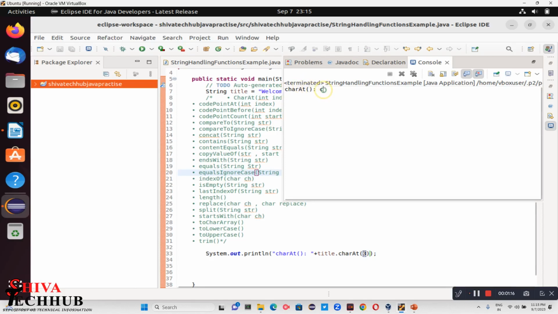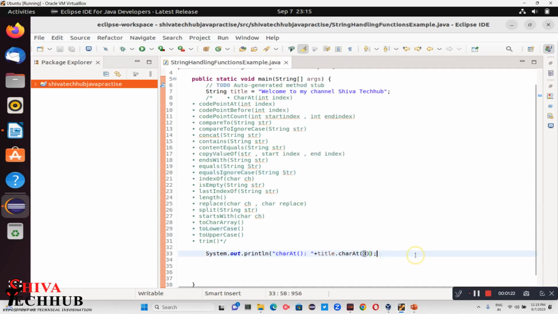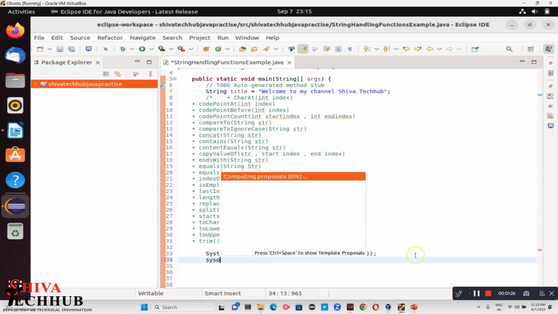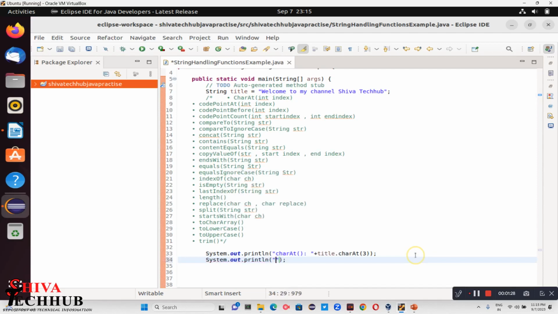So the character at C is printed, right? The character that is present at the third index position is C. Let us look into the next string handling function, that is codePointAt. As I said, it returns the Unicode character of the character that is present at the specified index. So codePointAt,